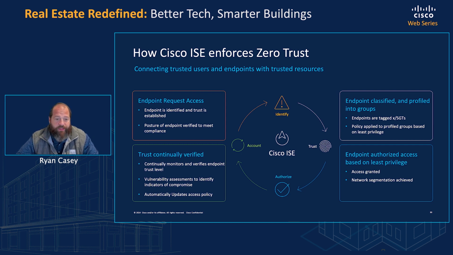And then that device begins to be continually monitored and verified to ensure that it is communicating as it should. So a CCTV camera is communicating as it should be, and as well as an HVAC device is communicating as it should be. This continuous verification then goes back through the entire life cycle as we continually monitor these endpoints and provide that zero trust infrastructure. So no more security through obscurity. We are continually onboarding and verifying these devices to ensure that we have a robust and secure infrastructure.